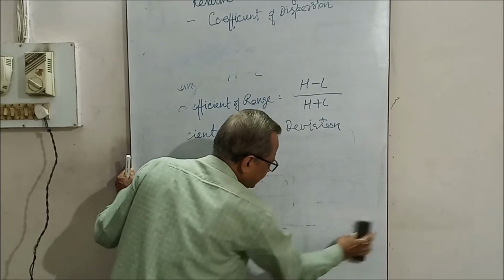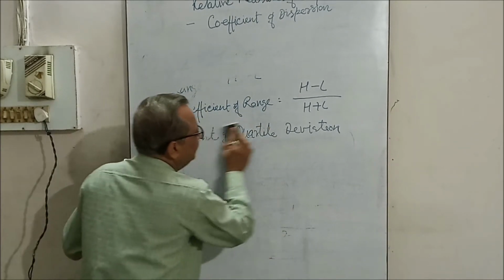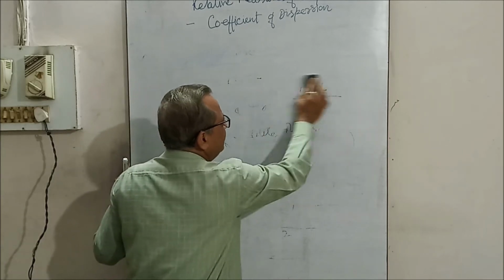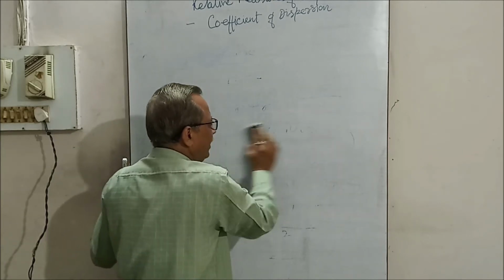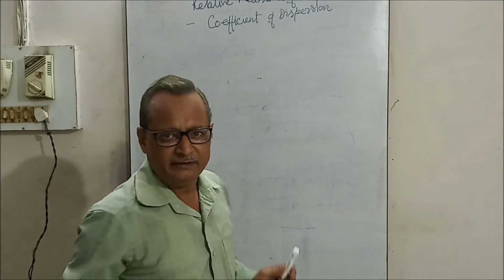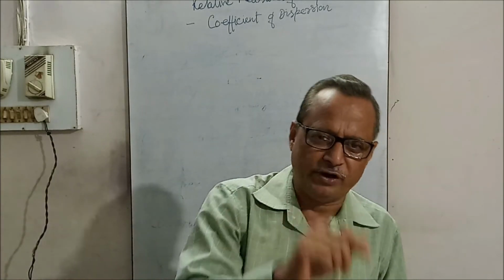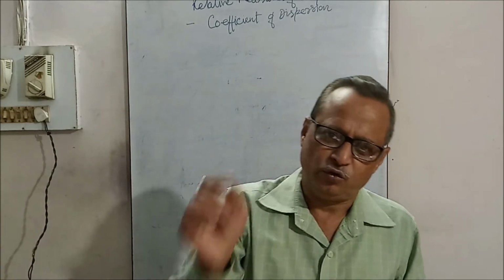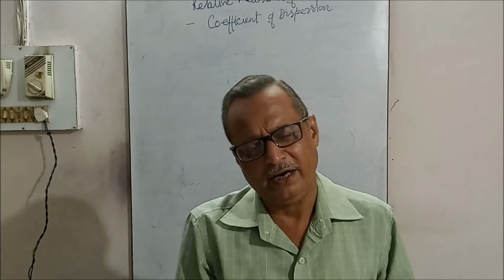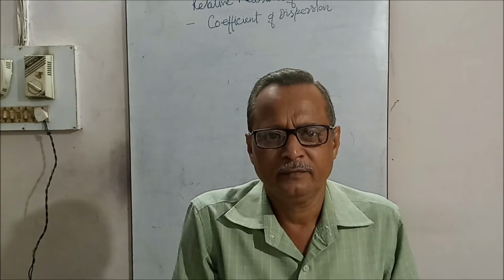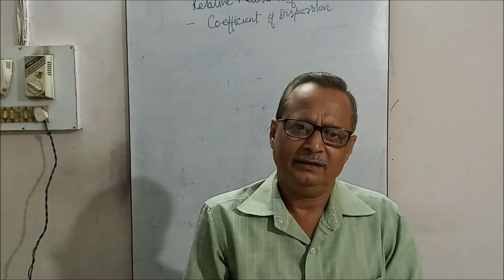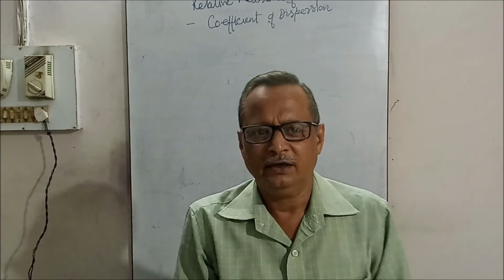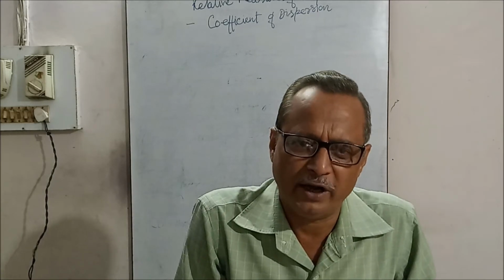This was in the individual series, in the discrete series and in the continuous series. Quartile deviation: first you have to ascertain quartile 1 and quartile 3. In the individual series, how to calculate, you are already aware of it. In the discrete series, you learned how to calculate quartile 3 and quartile 1. And in the continuous series, quartile 3, quartile 1, you know how to use the formula.